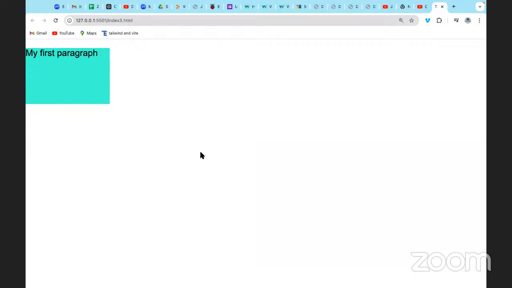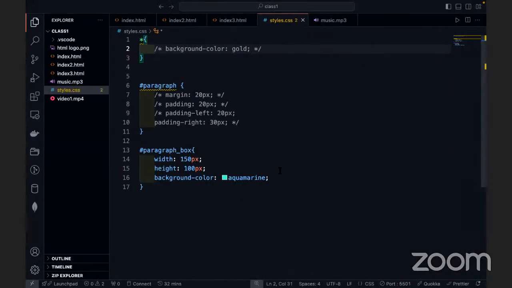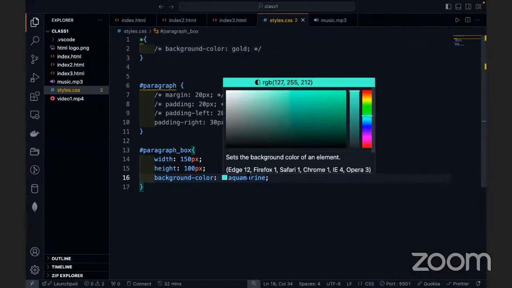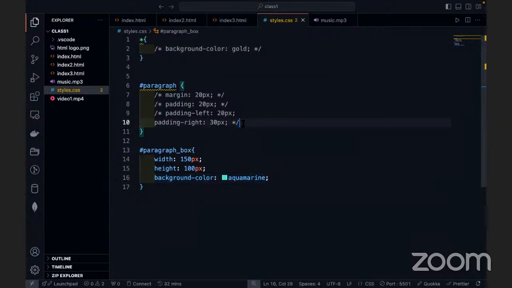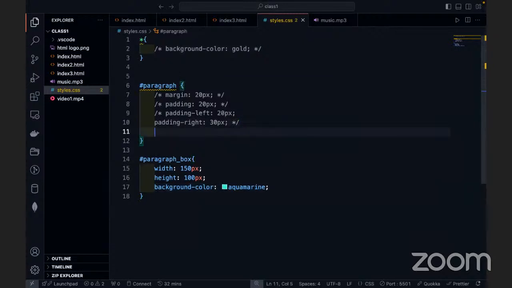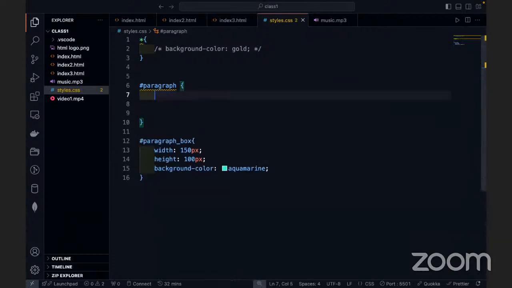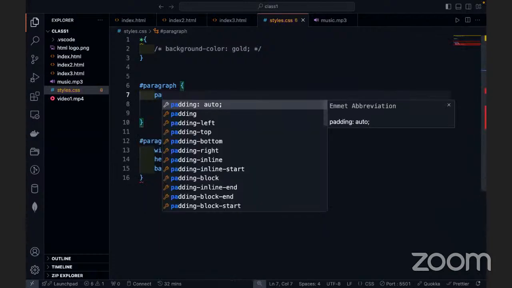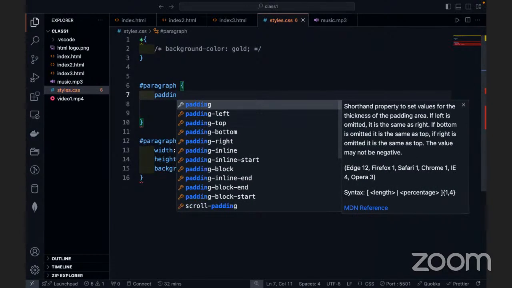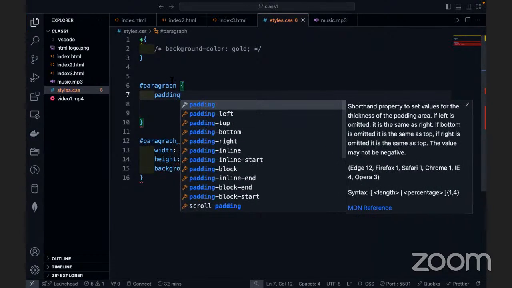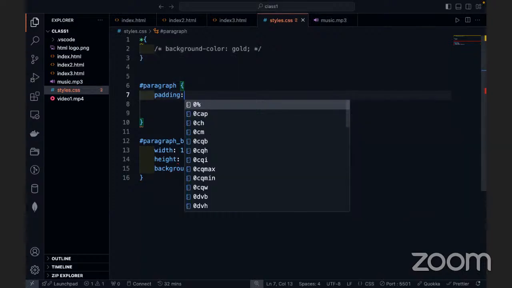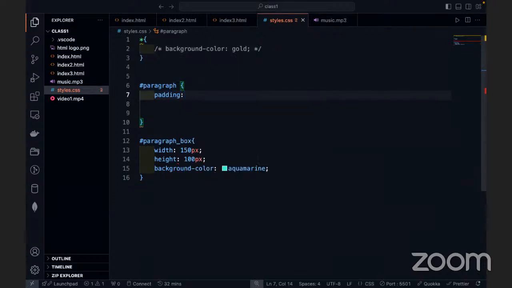Okay, so I have this and I wanted to demonstrate padding. So let's delete all of this. So padding, right? This is a small box because this is actually where you are going to see, let's say, padding of